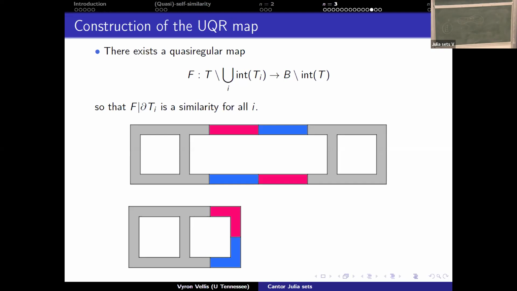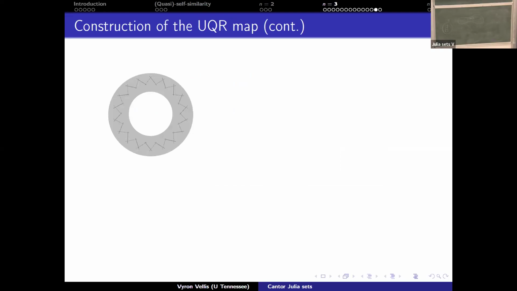So gray goes to gray, pink goes to pink, blue goes to blue. So it's an involution that folds it, okay? Again, there are ladders inside here, smaller ladders, which I don't put. Then the next step is another involution with respect to this axis that folds this into a genus 1 object. And there it is. Now I put the smaller ladders inside here. Then the next step is I want to normalize it so I can make this round and the ladders sort of equally spaced. And I get that.